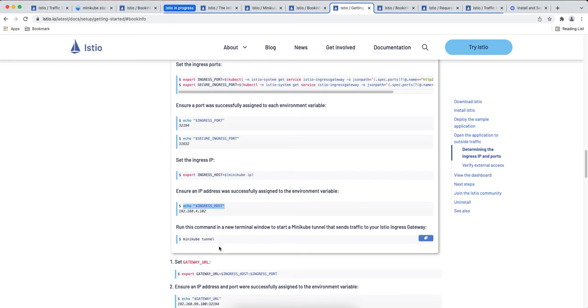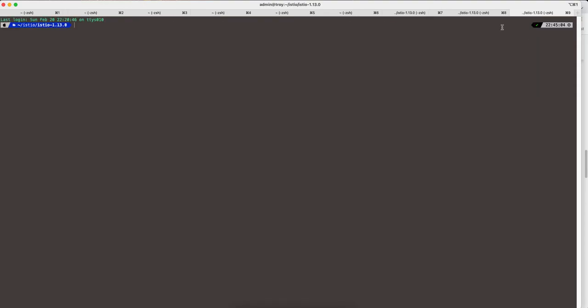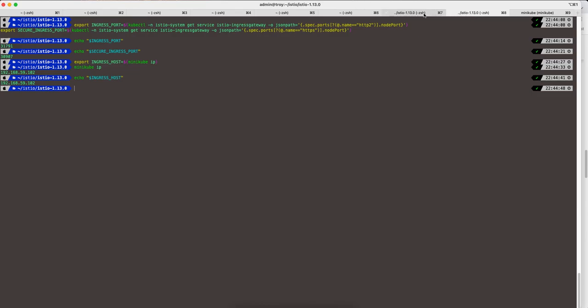So to send traffic to your Istio, start a Minikube tunnel, so that we can send traffic to our Istio Ingress Gateway and use it for accessing the application. So what I will do is I will run it in a different terminal. It will ask for the password probably. If not, then yeah. So let me enter the password, and